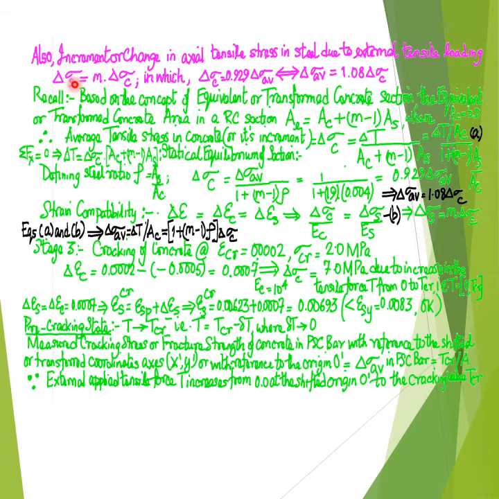Subscript s denotes that the increment or the change, delta sigma, is in the axial tensile stress of the pre-stressing steel, equals the modular ratio, that is the ratio of the moduli of the pre-stressing steel to that of the concrete in the pre-stressed concrete bar,